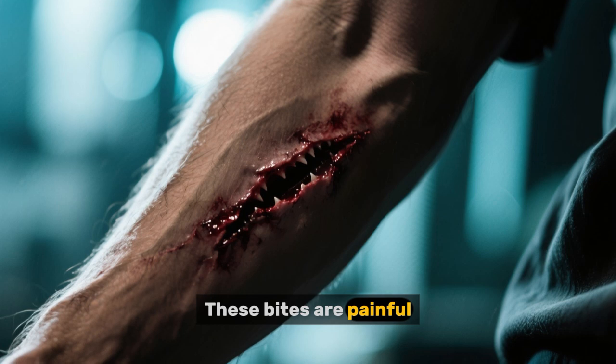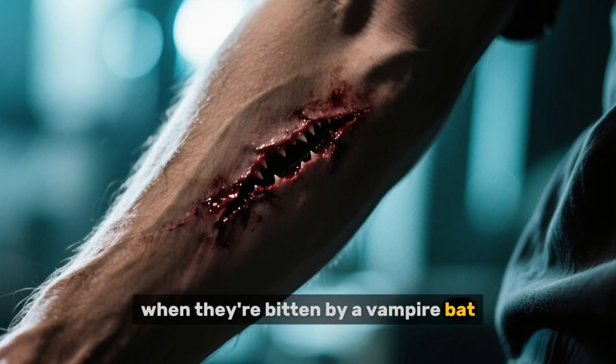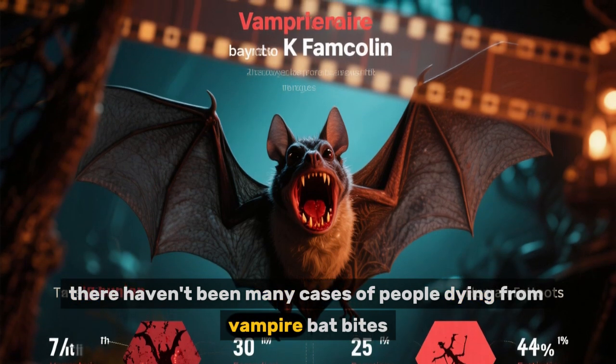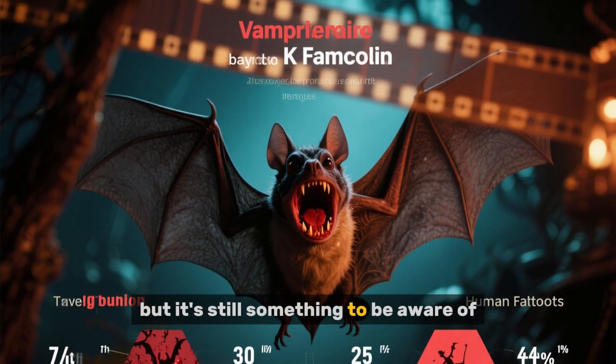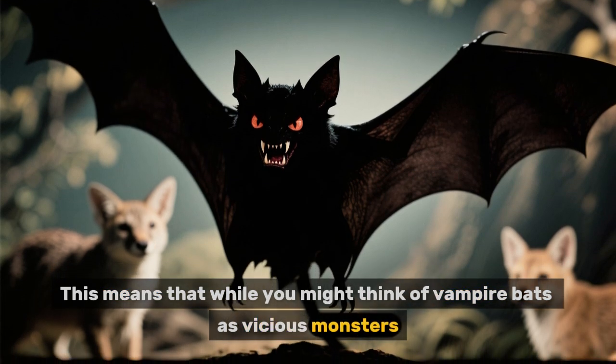These bites are painful, but there's another problem that humans experience when they're bitten by a vampire bat. So far, there haven't been many cases of people dying from vampire bat bites, but it's still something to be aware of. This means that while you might think of vampire bats as vicious monsters,